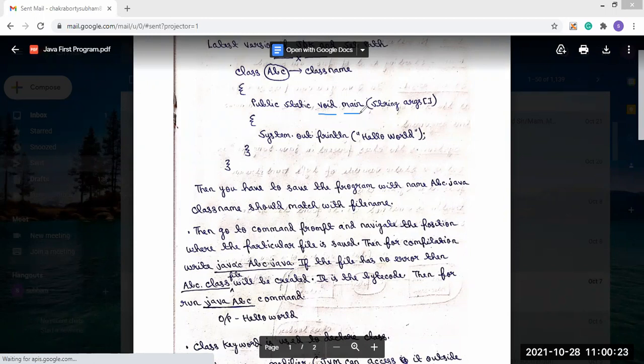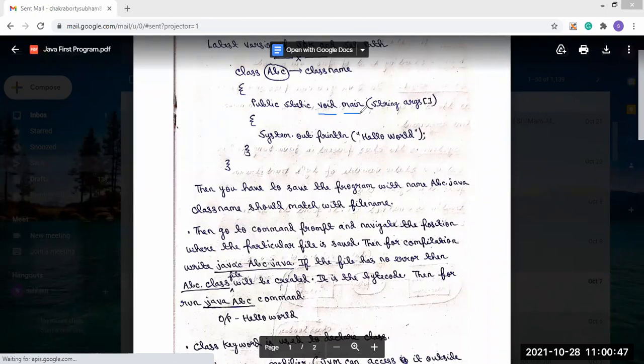Sir, if we use int instead of void, then what happens? No. If we use int, then at the first time when we are using main, there is no return type, because we are not passing any values here. Till now we are not passing any values, so it is a starting point.